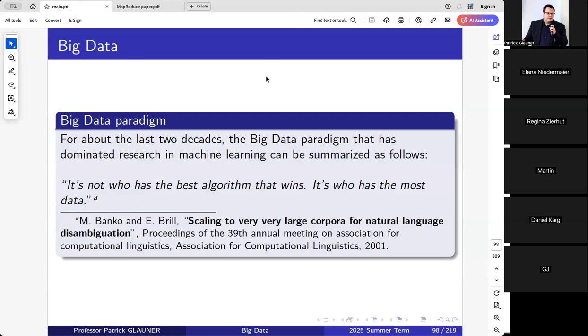Something that was seen in this paper, and it changed the NLP field a lot in that time, was that larger data sets lead to better results, and the actual model has impact, but is secondary. But I don't fully agree with these two sentences, because it's not necessarily who has the most data. If you just add more and more garbage data, maybe you have the largest data set, but it doesn't get you anywhere. So I would maybe say who has the most representative data, because we want representative data, maybe